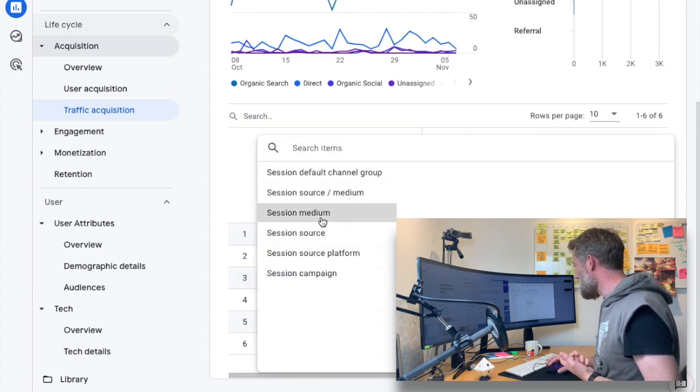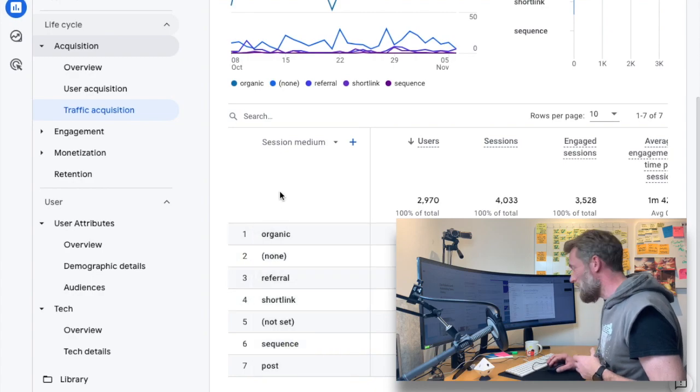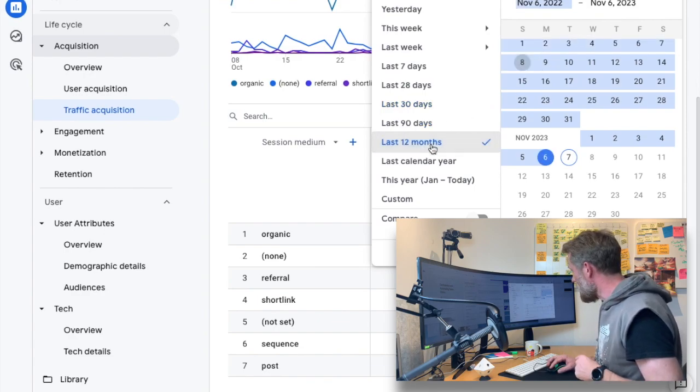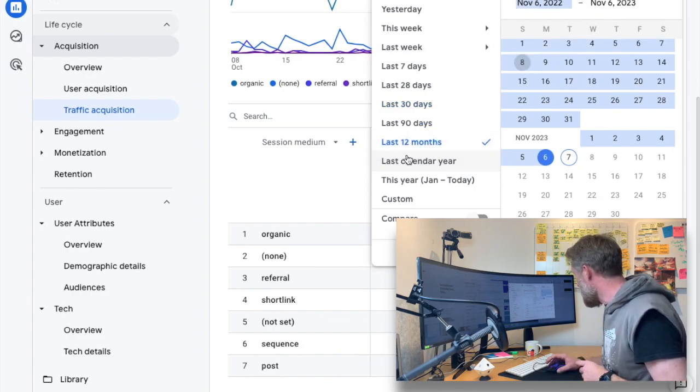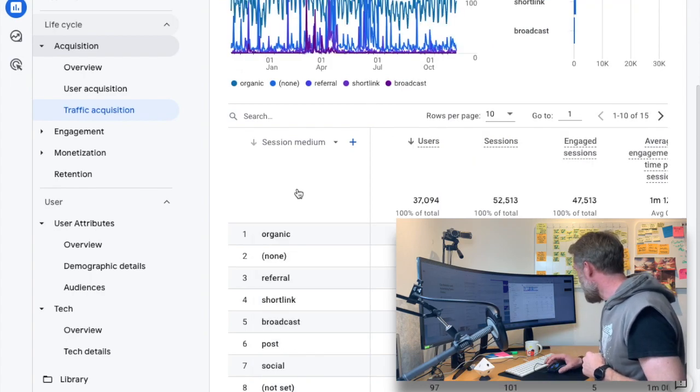If we take session medium, we get something here, and sometimes there's a social in here as well. This site in particular is not one that gets shared much. It's about diseases and people don't tend to share that. So let's just expand the data range to get some more data in, and you see social is down here.